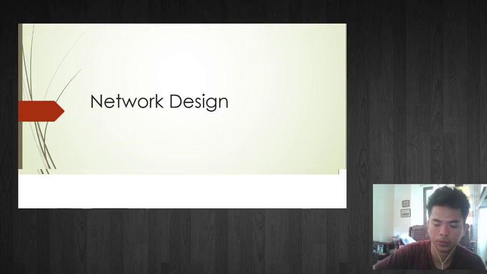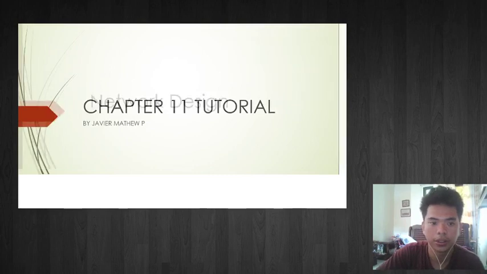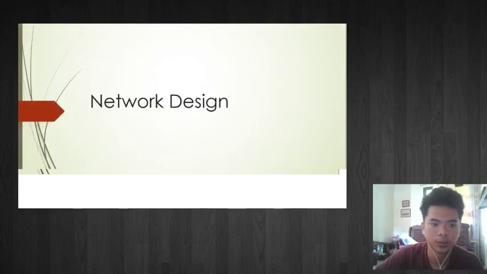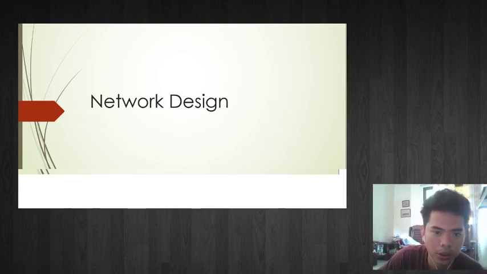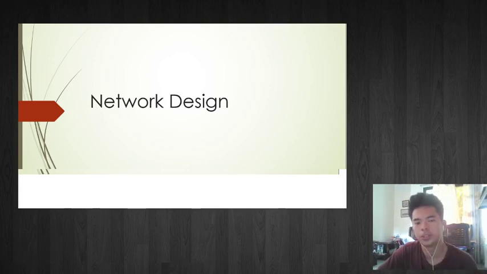So, what is a network design? A network design covers the devices in a small network, small network applications and protocols, and how to scale to larger networks. So, small network topologies, for example,